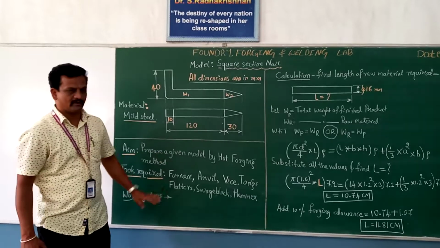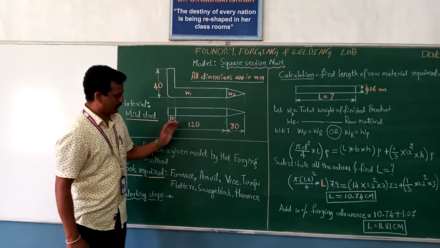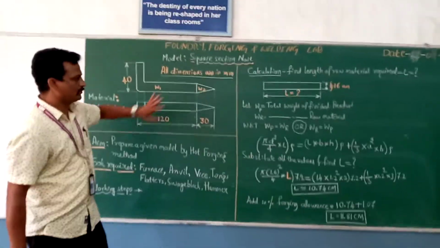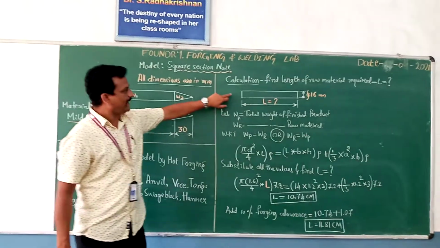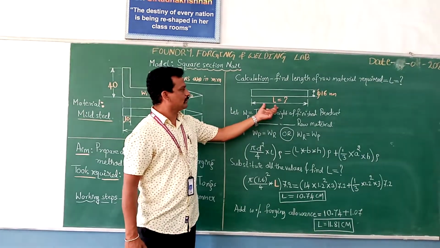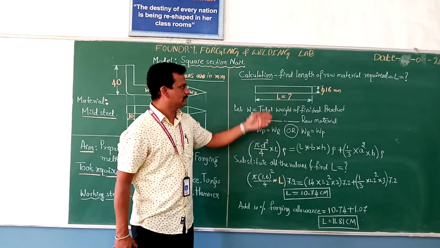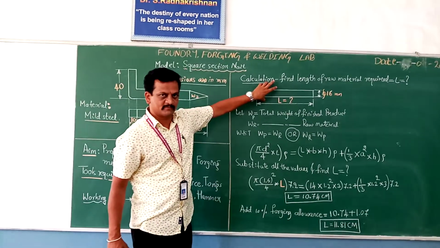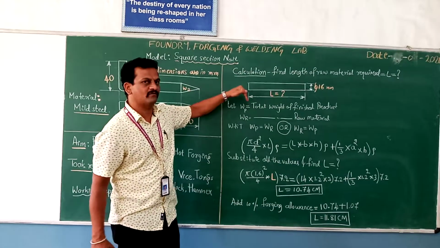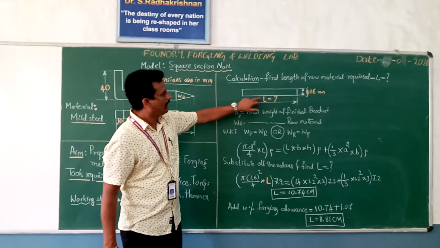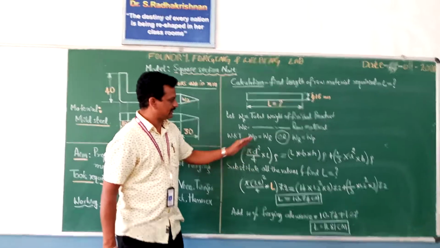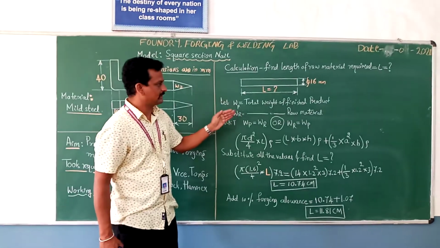Now working steps you have to write after the completion of this component. Okay, now here this is the final product we have to prepare. Now we have the material of diameter 16 mm mild steel, but we don't know how much length we have to cut off the available raw material. So we have a raw material around 2 meters or 5 meters, but we require a known length of raw material. So for that we have to calculate how much length of raw material we require. After the final calculation we have to cut the raw material into the required length.